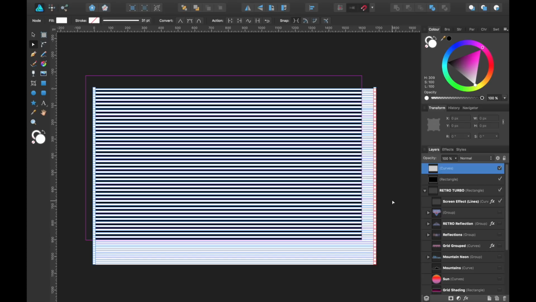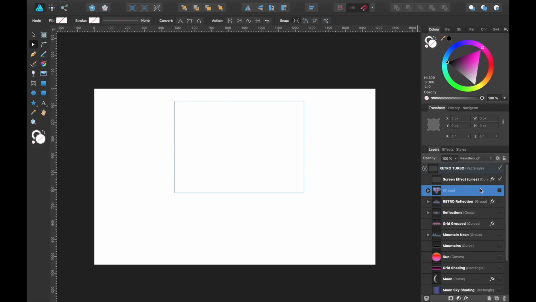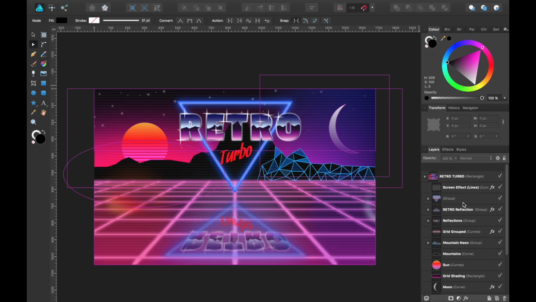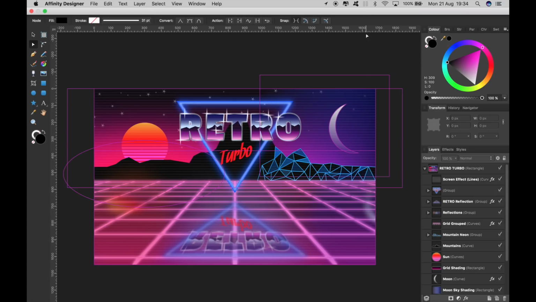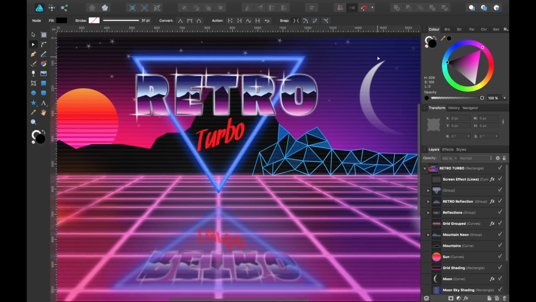And this is what we apply over the whole design. And this is the one I made earlier. So there we go, we've got everything there. This is the one I made earlier. I simply did that, and then I added the Gaussian blur on it, so it's a little bit blurry, and I took down the opacity. And there you have it. That is your retro 80s design.